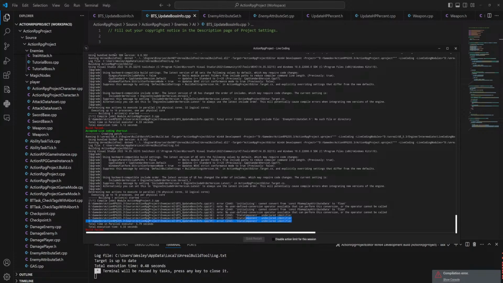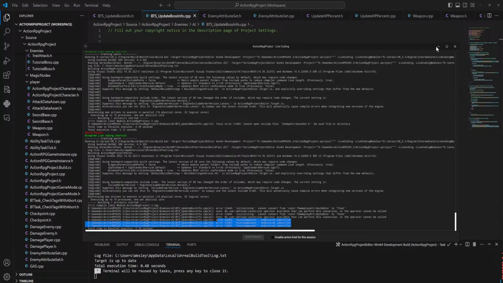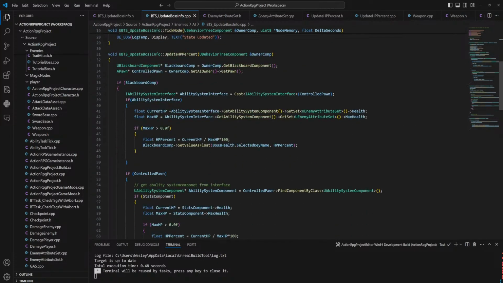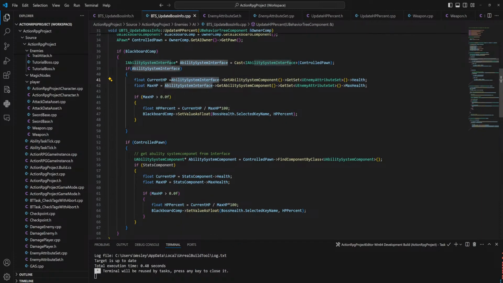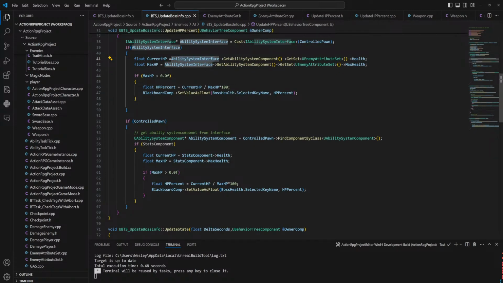Stats component, undeclared identifier. That makes sense because we're not using it anymore. Why is it even there? CPP 41. Where does it even refer to anything close to that? It doesn't. Oh, stats component. I should check the ability component.